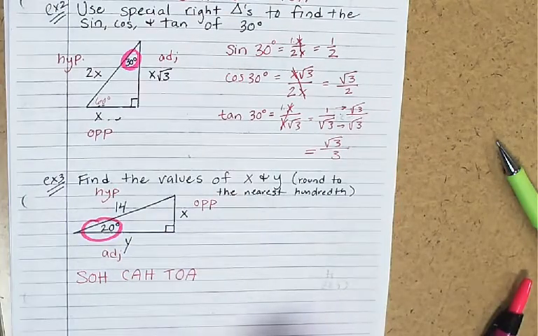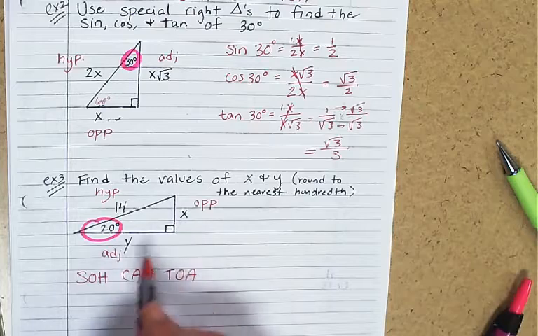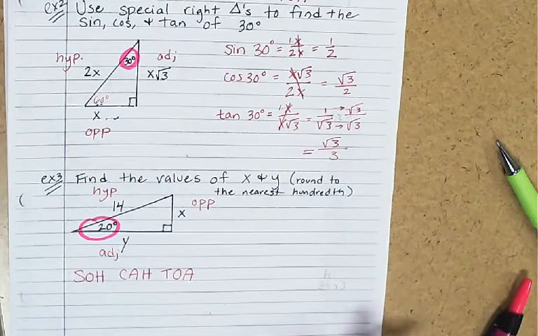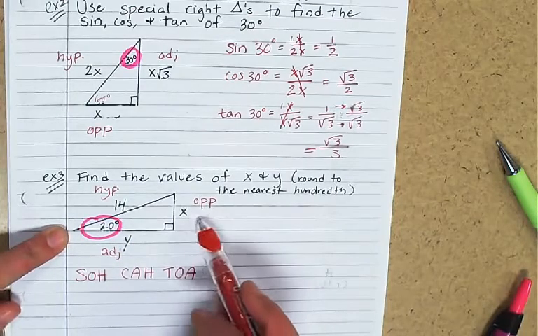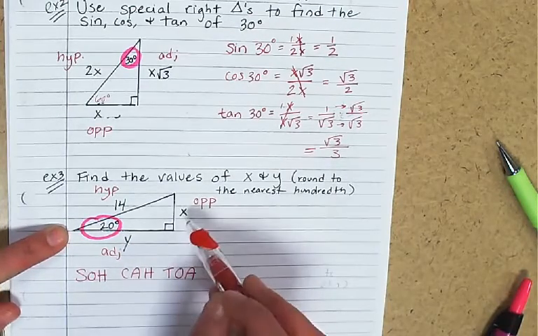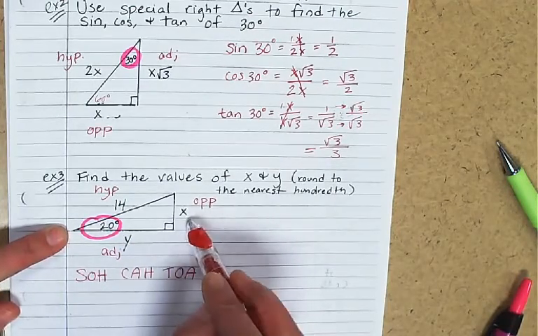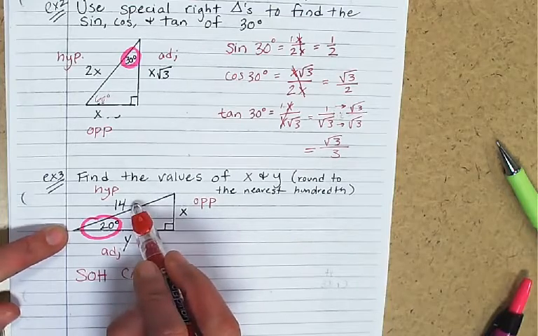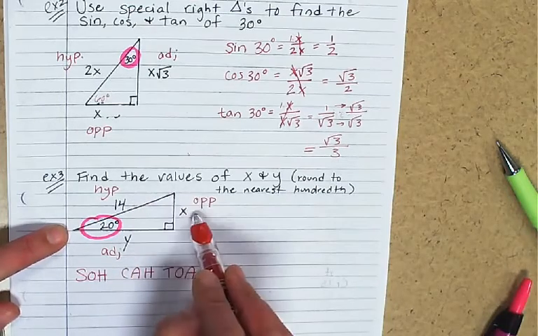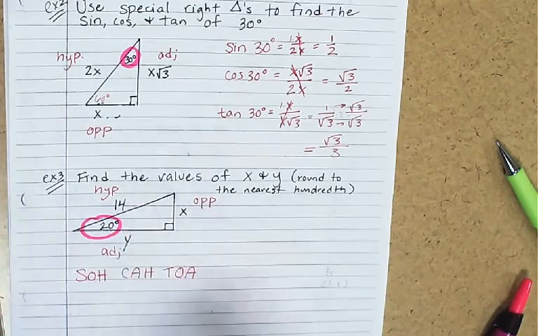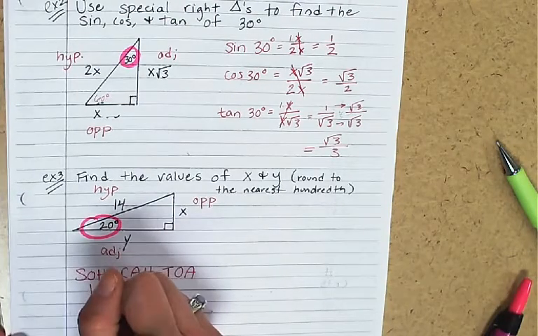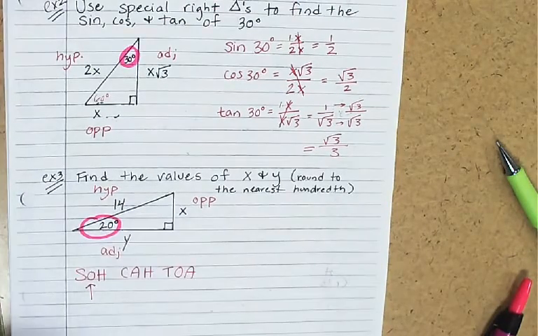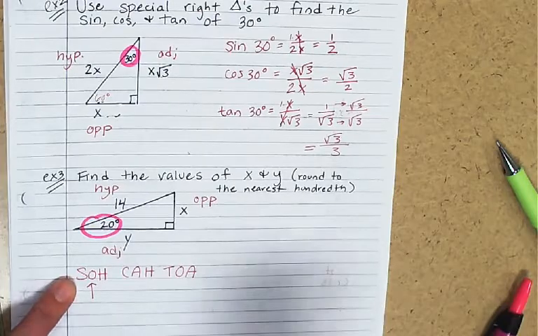Okay, so we are going to use sine, cosine, and tangent to help us solve for x and y here. With 20 degrees as our reference angle, let's say I want to solve for x first. So I'm looking for opposite, and they gave me the hypotenuse. Which of these has an O and an H in it? That's the only one. So to get x, I know I need to use the sine